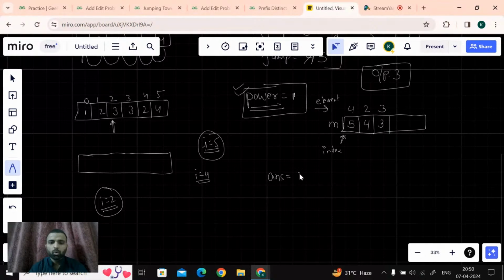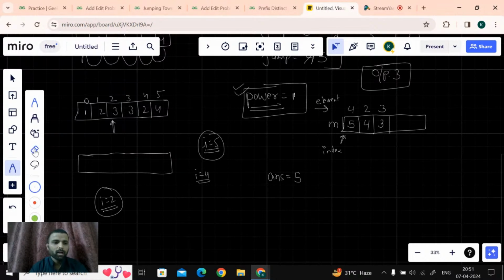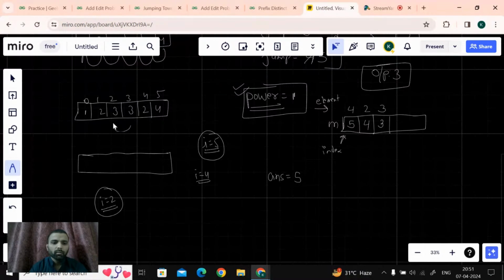Let me store 5 here, which is n minus 1 in generalized form. This is the maximum jump. So if I equal 2, 3 is present in the map. What I am doing here is I use that power at 3, one time we can use. So here I am writing answer equal to the minimum of, currently it's 5,